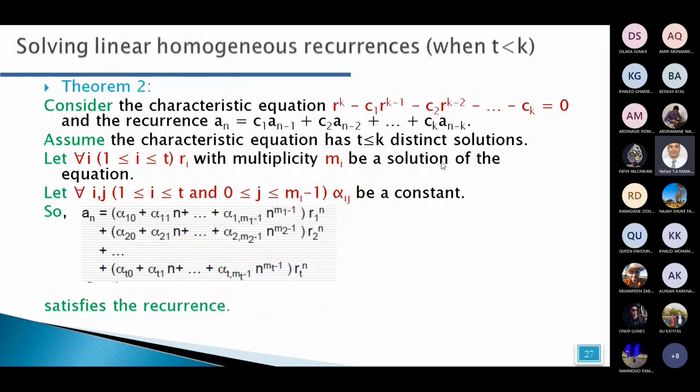But if the number of solutions t of the characteristic equation is less than the degree of the recurrence relation, in this case, you will apply the second theorem. What does the second theorem say? It looks complicated here, but I will make it as simple as possible for you. Look,